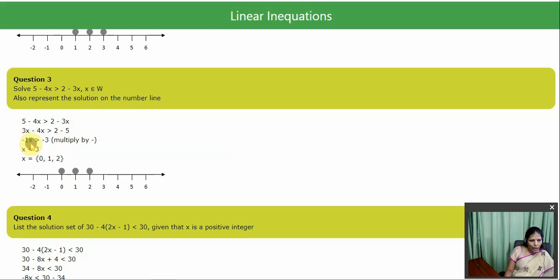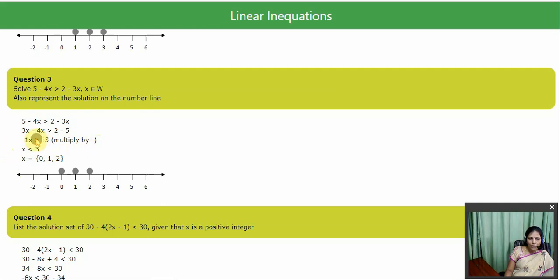Now we need to find out what is x. So here you have a negative sign for x, so you need to remove this negative sign. How will you remove the negative sign? You just multiply the whole inequation with minus 1. Right? When you multiply with minus 1, automatically this x becomes positive. Minus 1 into minus 1 becomes plus x. Here minus 3 into minus 1 becomes plus 3. Right. You multiplied with minus 1.